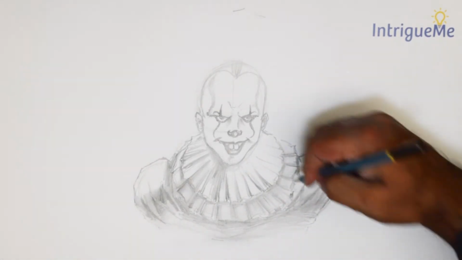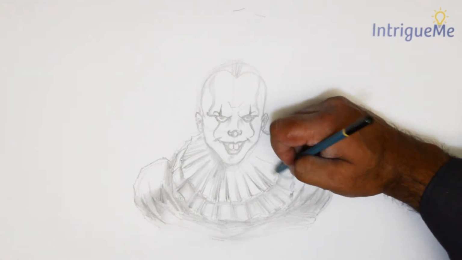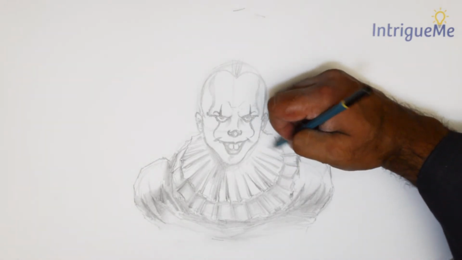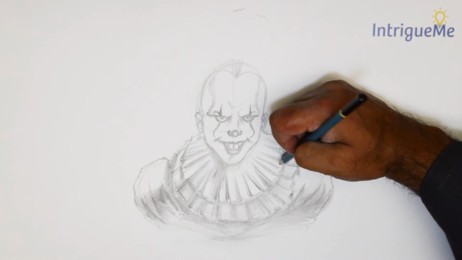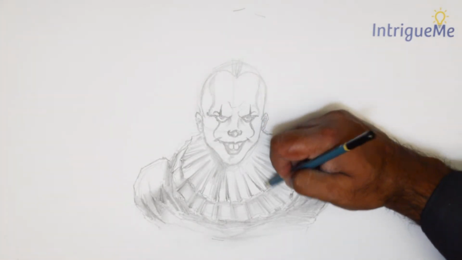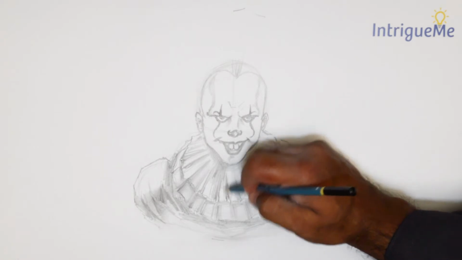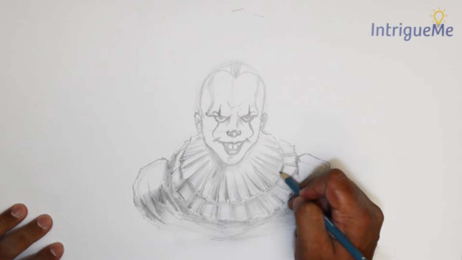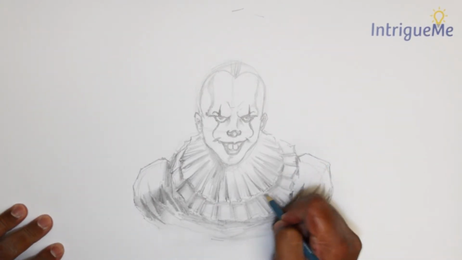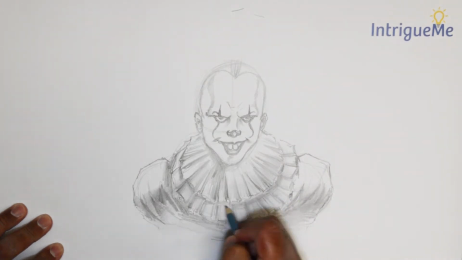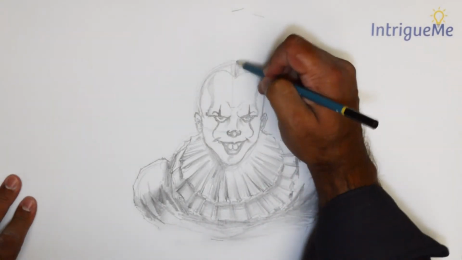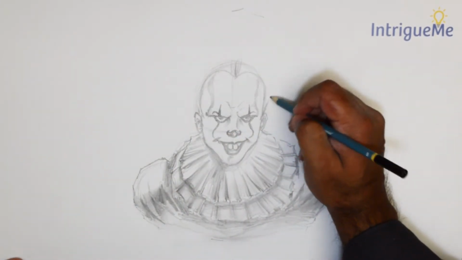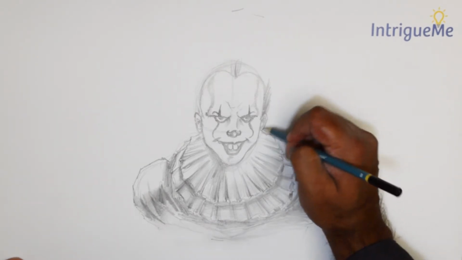Now you could keep it to a minimum, or you could detail it as much as you wish, but I would not put in too many details into the folds. So lightly just go around and then make the shadows under the folds a little more intense. And we move to his hair, and one easy way of doing that is